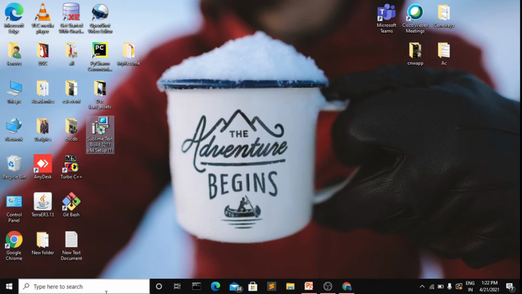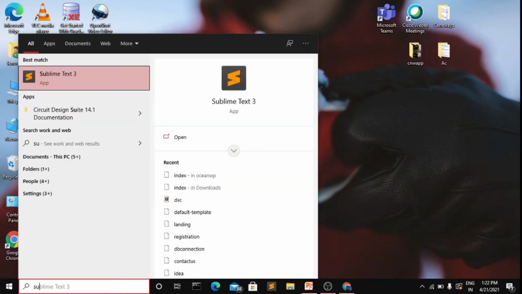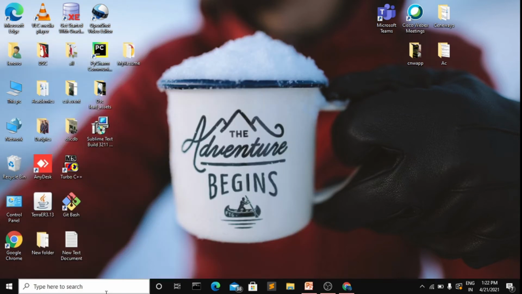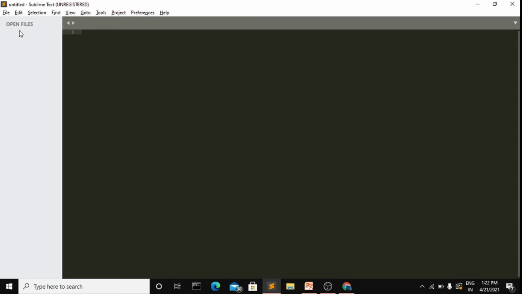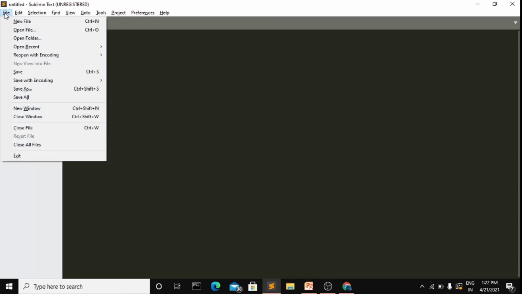So okay, for this simply search for Sublime. Okay, so this is my Sublime Text editor. So let's see the features which are provided here. In the file section you will find something like new file, open already existing file and open folder. Open folder is a very beautiful feature provided here, because while you are working on any project you have numerous files, right? So opening the folder is very convenient for you to open the existing file.